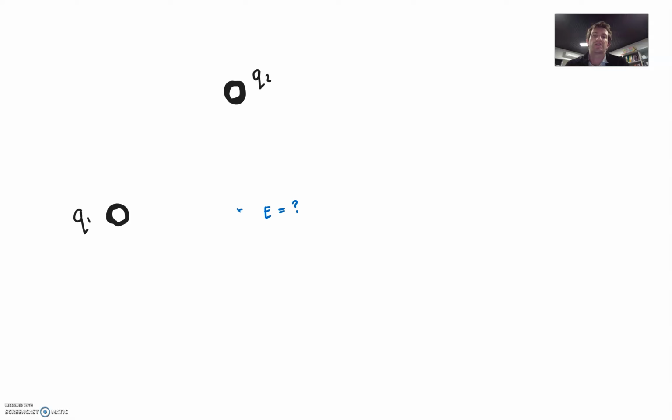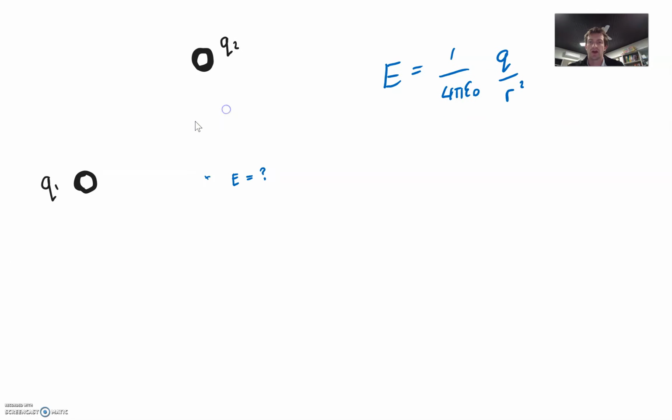One thing we can do with that last equation is figure out the electric field at a point due to 2 other charges, not just one. And it's similar to how we figure out the force on one charge due to multiple other charges. So here we can use the equation E equals 1 over 4 pi E0 Q on R squared, and we end up using it twice, once for each of these charges, once for both of these charges here in relation